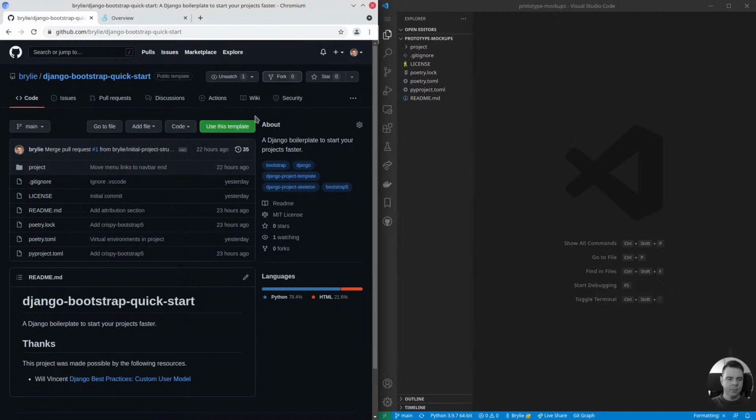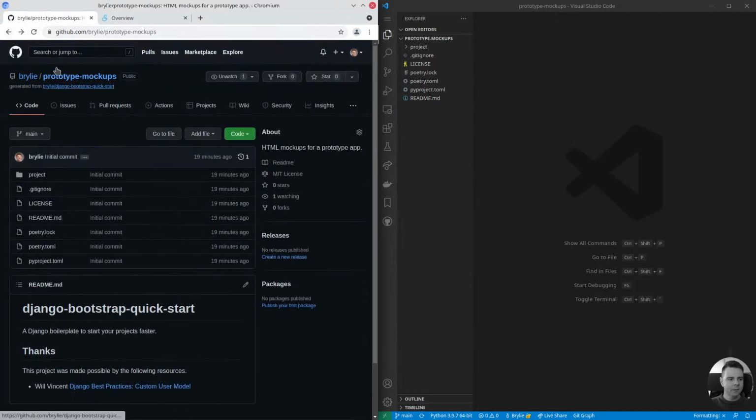Instead of forking or somehow otherwise copying the project, you can just click this "Use this template" button, and it will take the project files and structure and create a new repository. It doesn't preserve the commit history, so that's one downside there, but that's okay. That's the intended purpose of the Django Bootstrap Quick Start, it was basically a template. So I've got the template copied here locally,